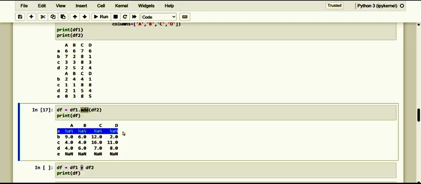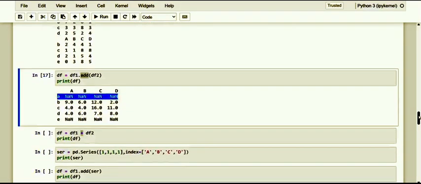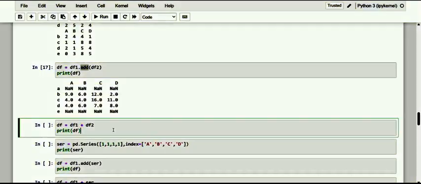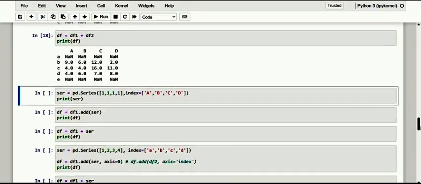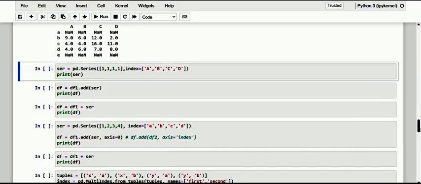The same goes for operations between data frames and series. Before that, let me make the addition and see how it happens. Both are the same. Both values are the same thing. Now let me move on to the data frame and the series. In this case, dear friends, we will have consistent results only if the labels of the series correspond to the labels of the columns of the data frame to some extent.